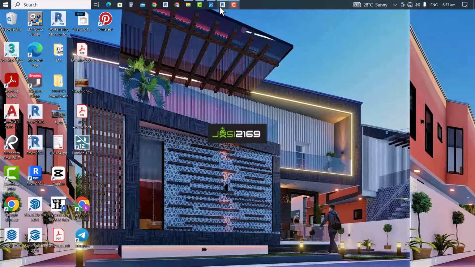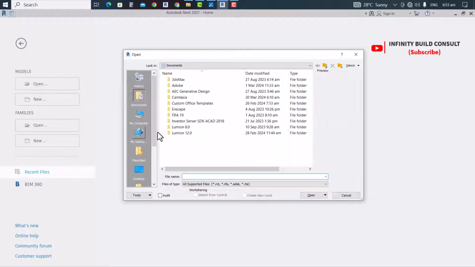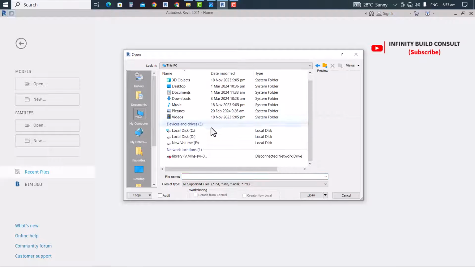So in this episode of our course, we are going to use Revit 2021. Revit 2021 has a lot of new updates, being an updated version of Revit 2020, Revit 2019 and Revit 2018. This is the first user interface of any Revit that you open. So I'm going to go right away into the open section and browse to find my template for